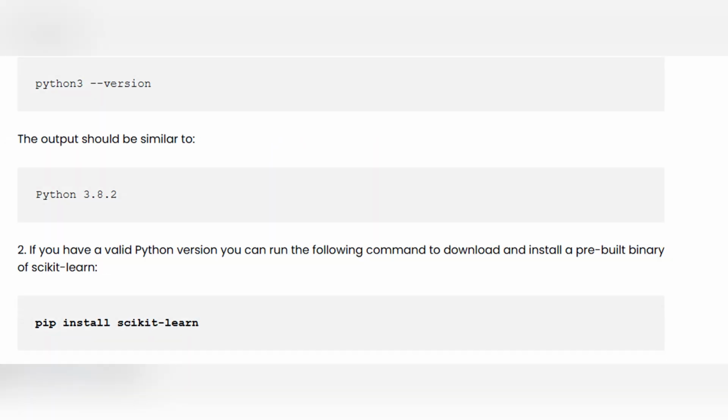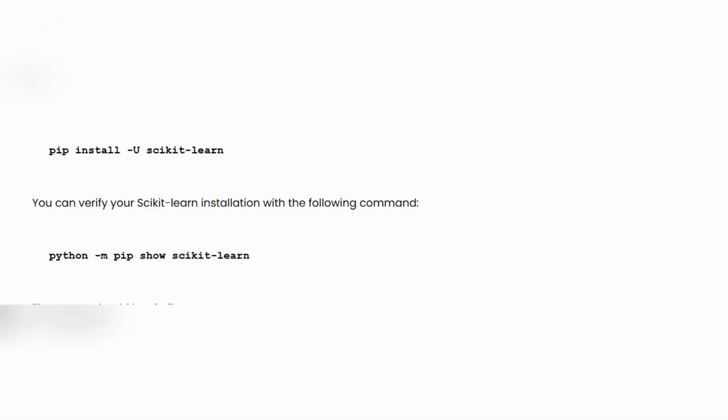To install Scikit-Learn and its dependencies, run the command pip install scikit-learn. This will download and install the pre-built binary of Scikit-Learn from PyPI, along with its dependencies. The following dependencies will be automatically installed: NumPy, SciPy, Joblib, and